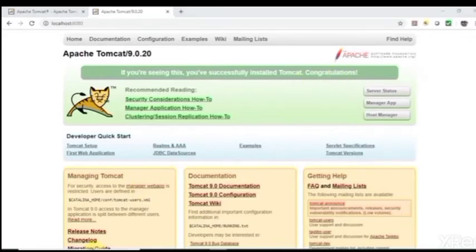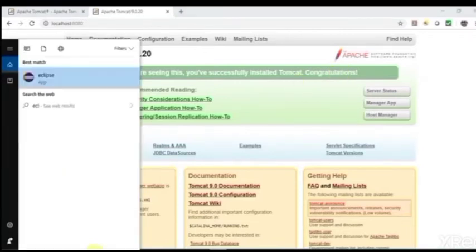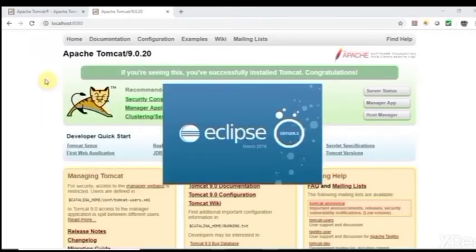Now I am going to open Eclipse. Eclipse is open now; otherwise the server is not open here.